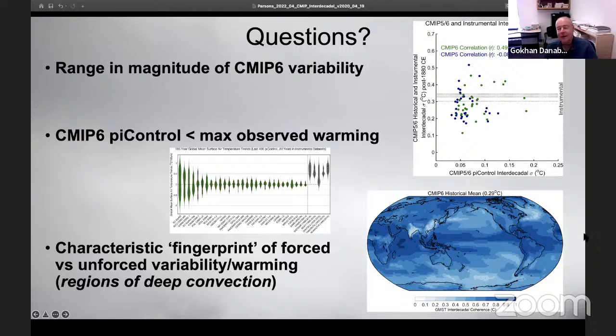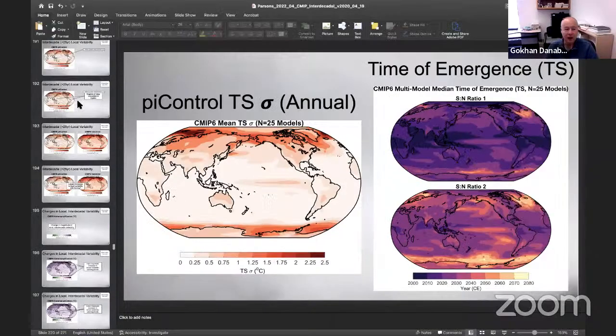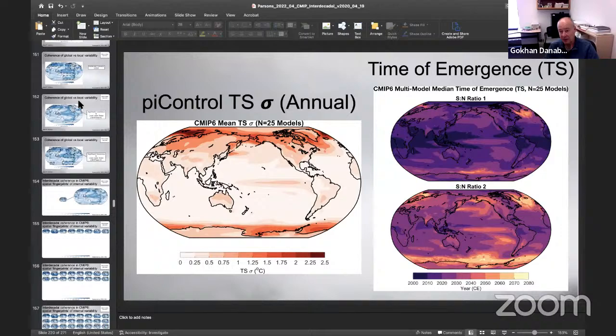Thank you for the presentation. I guess you may have answered the question that I'm going to ask in your last slide. When you look at the PI control simulations, the variability and the trends might be quite unrealistic. In addition, they can be due to different physical reasons, such as Atlantic meridional overturning circulation differences, or formation and disappearance of polynyas in the Southern Ocean, particularly on centennial timescales. So those high variability and trend models may be reflecting some of those.